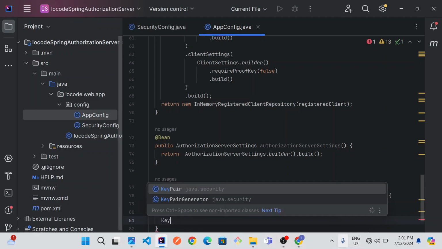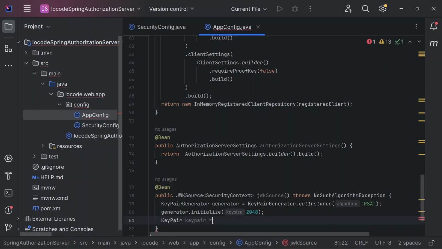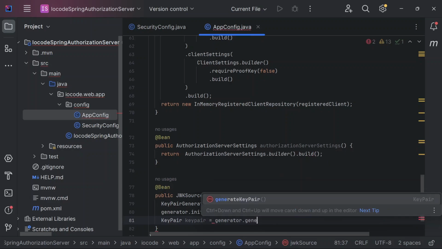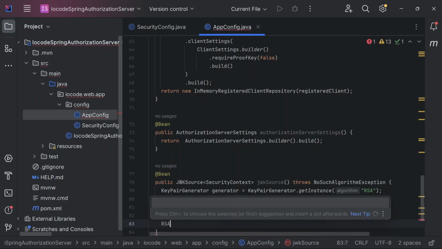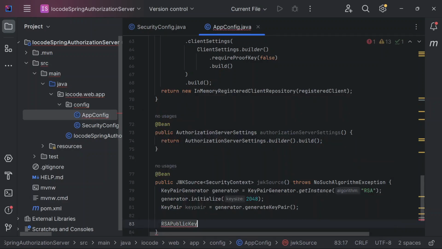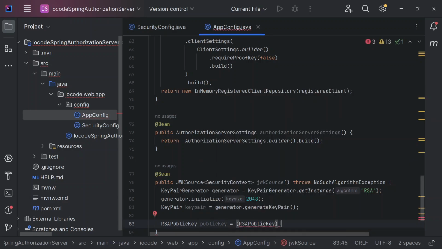So this should be KeyPair, keyPair is equal to generator.generateKeyPair. And now we want to get hold of an instance of RSA public key and RSA private key from our key pair. So this should be RSAPublicKey, publicKey is equal to a typecasted RSAPublicKey, and this should be keyPair again